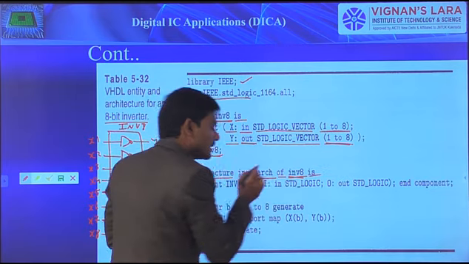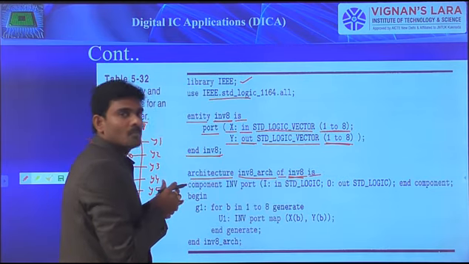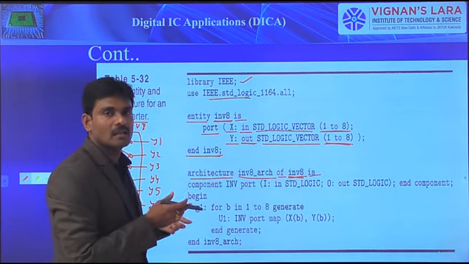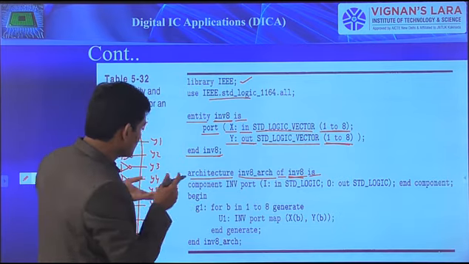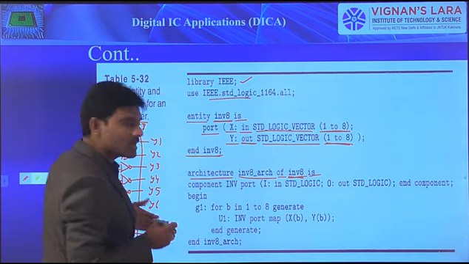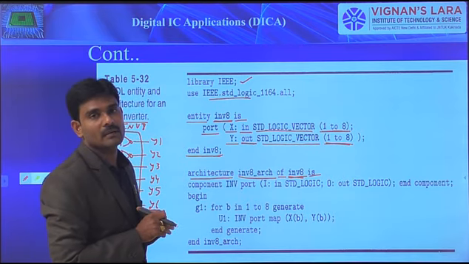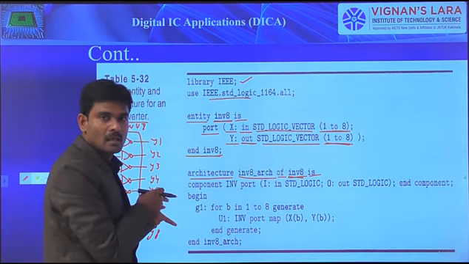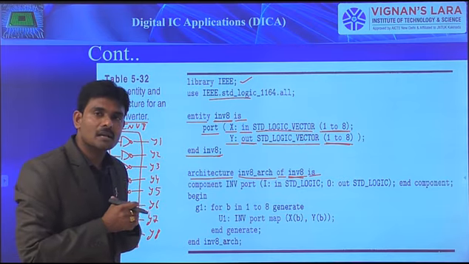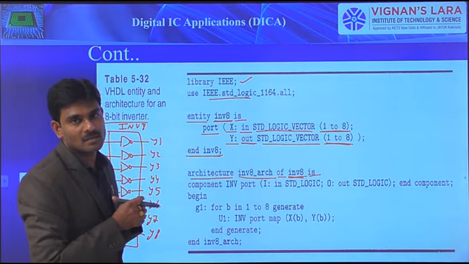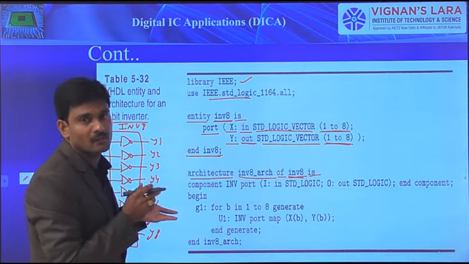Then is a keyword. After that come the component declaration, variable, signal, functions, and procedures, all of which can be present. In this particular program, we are supposed to use the inverter component 8 times, and because of that it is only one module. All of them belong to the same type, so in the component declaration only one component declaration is going to be present, which belongs to the inverter.